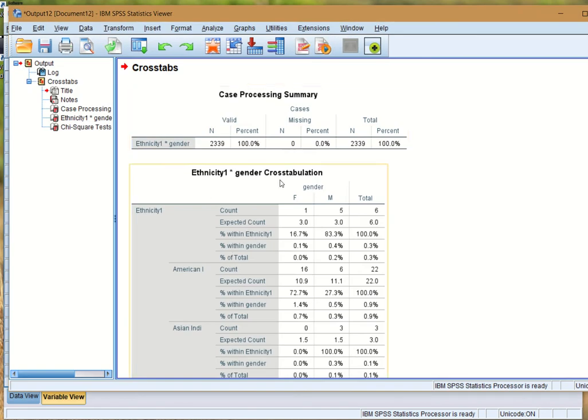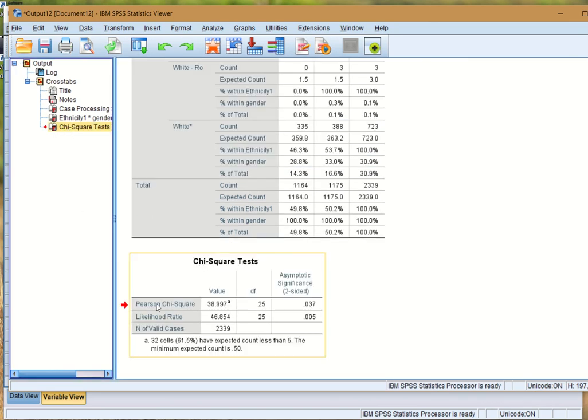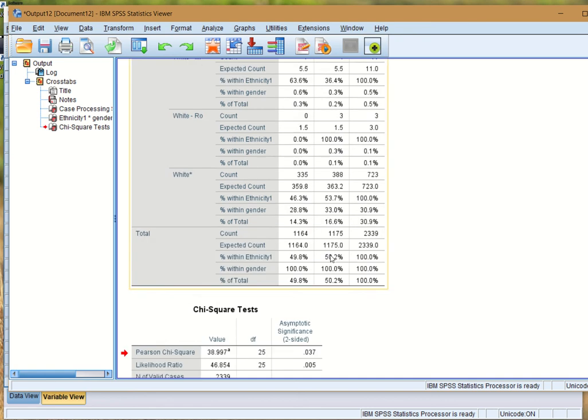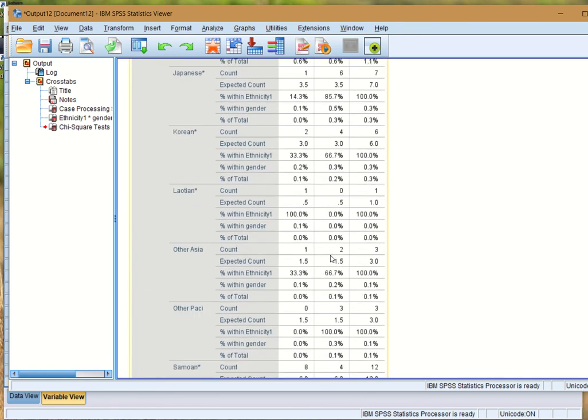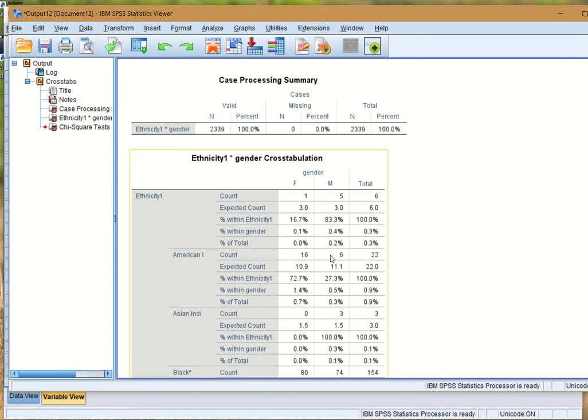To see if we have a significant difference with gender comparing different ethnic groups, click in the left column under chi-square tests. And as you can see, the Pearson chi-square test is significant because it is 0.05 or lower, and in this case, it's 0.037. To determine which ones particularly are significant, you must sort of eyeball or look through the data for yourself